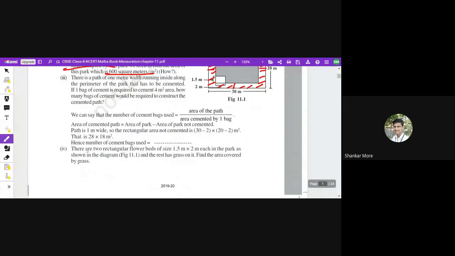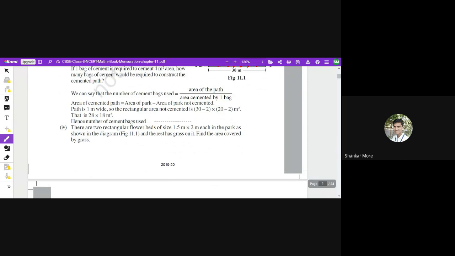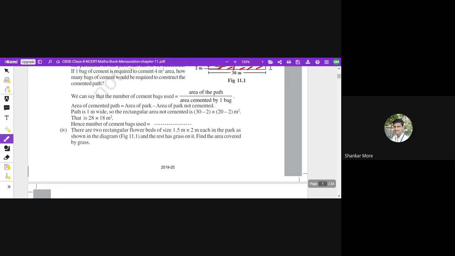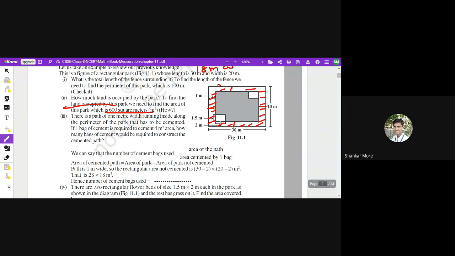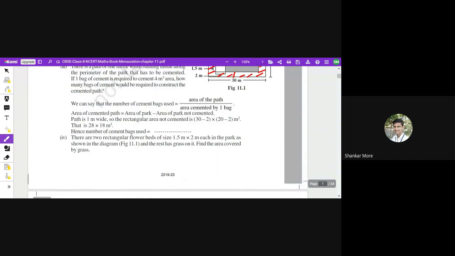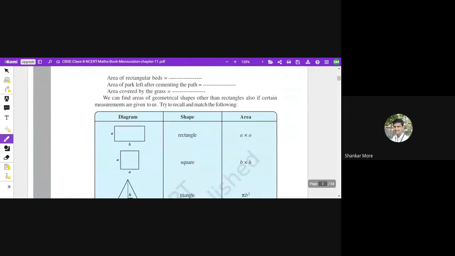Let's move forward। Now there are two rectangular flower beds of the size 1.5 meter into 2 meters in each part as shown in the diagram, and the rest has grass on it। Find the area covered by the grass। तो सिंपली हमें क्या करना है? अभी ये जो एरिया मिला है 504, इसमें से ये जो एरिया मिलेगा यहाँ पे जो कि होगा 3 मीटर स्क्वायर, 2 into 1.5 is 3 मीटर स्क्वायर। तो 3 मीटर स्क्वायर के दो पैचेस हमें सबट्रैक्ट करने हैं। So 504 minus 6 is going to be 498। 498 meter square would be the area of grass on the ground। Okay, so we have done these calculations already।